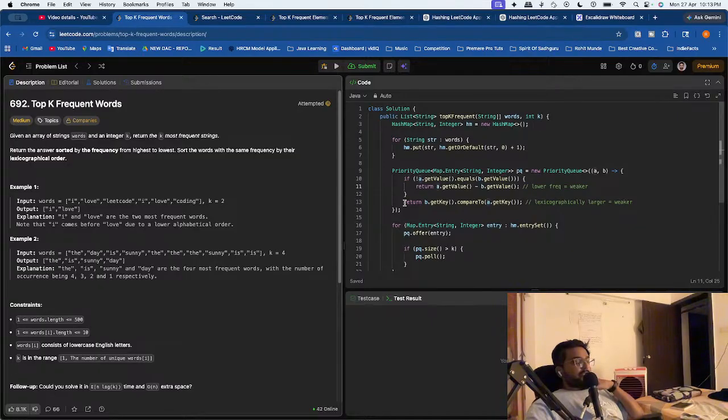Let it stay in the priority queue. While returning, we need to, suppose we take int array of array result is equal to new int array of array. So the second part would be 2 and this would be of size k, and we would run a loop while